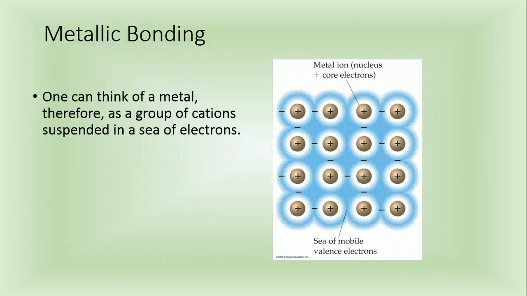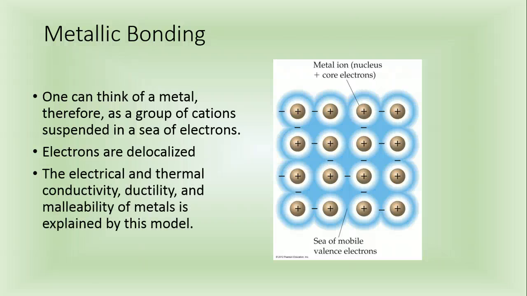So we usually describe this as having the metal cations, with the valence electrons allowed to move freely throughout the group of atoms together. We refer to this as electrons being delocalized, meaning they're not local, not belonging to just one atom, but they move throughout the structure of all of the metal atoms together. And this is usually what we use to explain the electrical and thermal conductivity, ductility, malleability, all that good stuff that we usually see with metals. It gives them the ability to be so flexible, and again, electrons can shift through. That's why